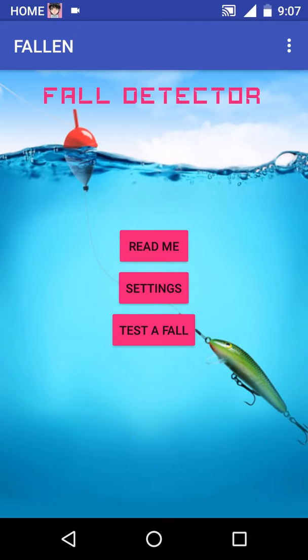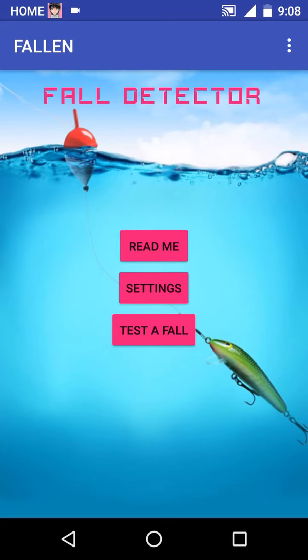Some of the functions of this application are: detect whether a fall has occurred, check whether the fall is a real fall by gathering the accelerometer values for 30 seconds, and the third one is check whether the fall is true by alerting the user through the ringtone. And if the user is not responding within a time period that's set in the app, then an SMS alert will be sent to the person, which can also be selected in the app's settings option.